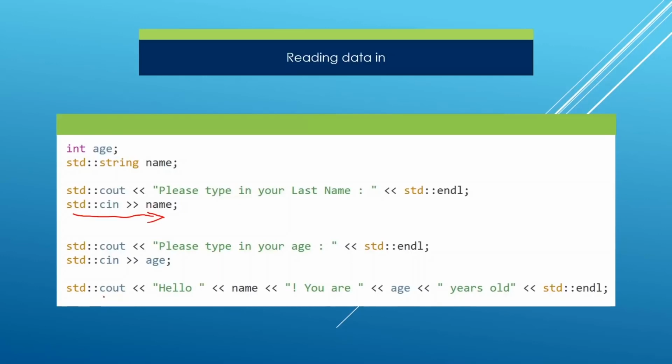We do the same thing and ask the user to type the age, and they are going to type that, and the data is going to come from cin and we're going to store that in our age variable here. After we collect the data from the user, we're going to print that and we're going to say hello. We're going to print the name and we're going to say they are whatever years old. This is what this program does, and I really hope it makes it clear how data input works through streams